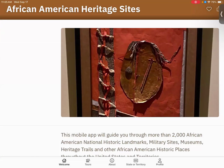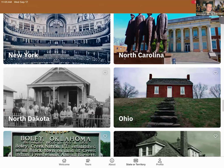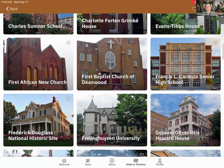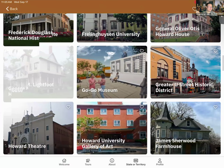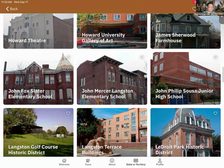Looking through, again, I love going to the state and just seeing all of these different pieces of history and information. There's just so much to look at. You could take a whole day and do a whole tour if you want. Like Frederick Douglass Historic Site, I mean, classic, right? Go-Go Museum, right? James Sherwood Farmhouse. I would love to learn more. Langston Golf Course. Okay,